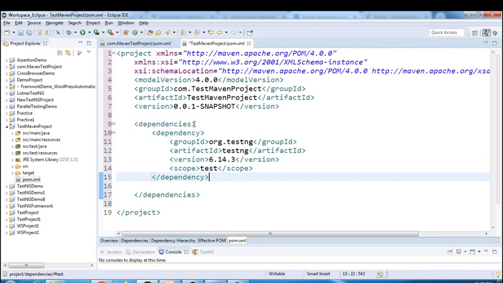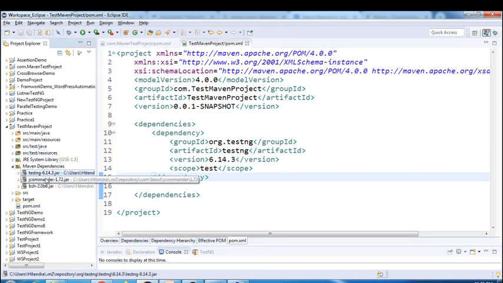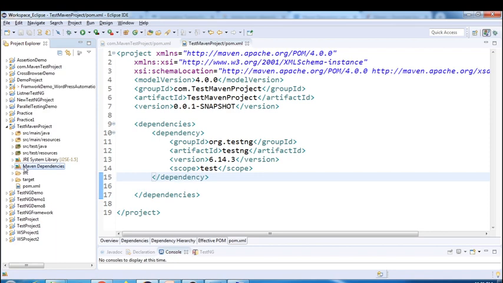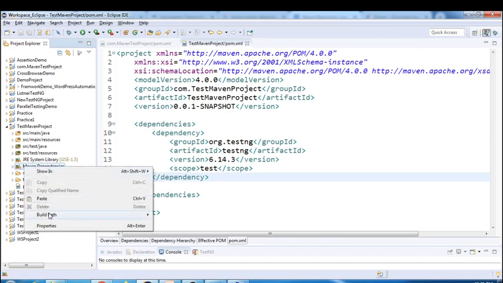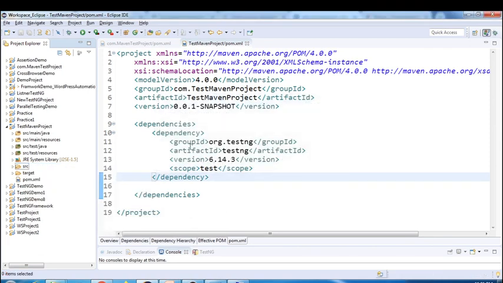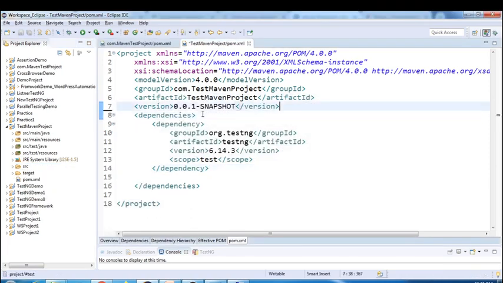Control Shift F. Now if you press Control S, here you can see all the Maven dependency related Java TestNG jar files are downloaded. Let me show you again. If you delete this, one second, remove from build path, it is removed now. Now if I press Control S, automatically that Maven dependency plugin will be added. So Control S,